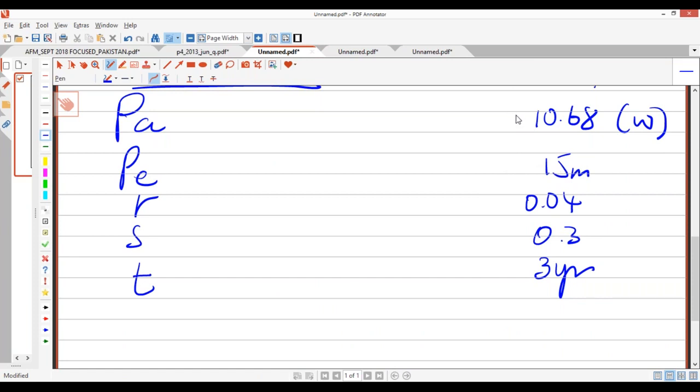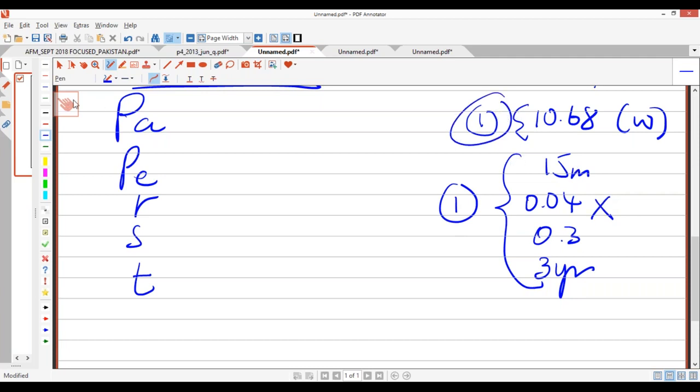They might give you 1 mark for this, and they might give you 1 mark for all of this put together. If any of this is wrong, you lose 1 mark. But don't worry, even if your marks are not here, you will still get the follow-through marks in D1.